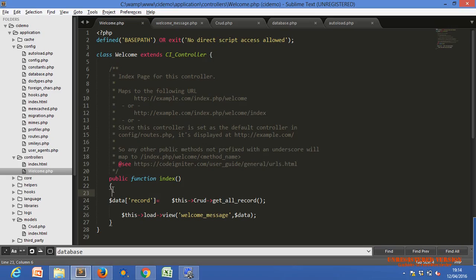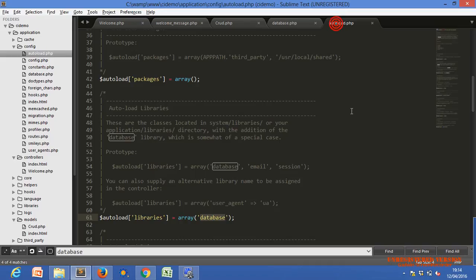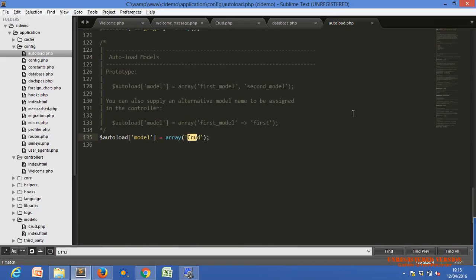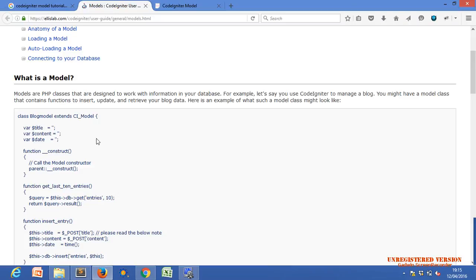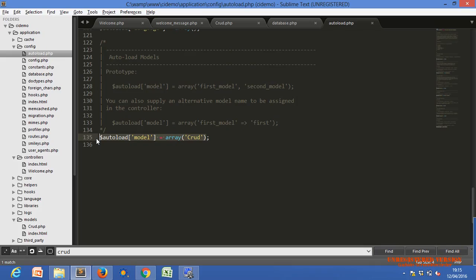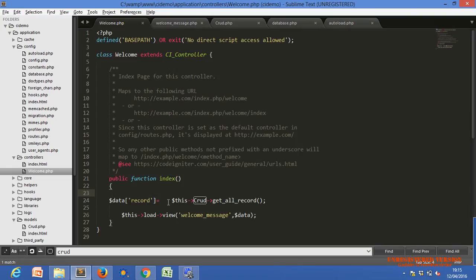Because we already set that model in our config file, in the autoload model. That's why we don't have to load that particular model. So one line of code is also reduced. We just need to call our model function.